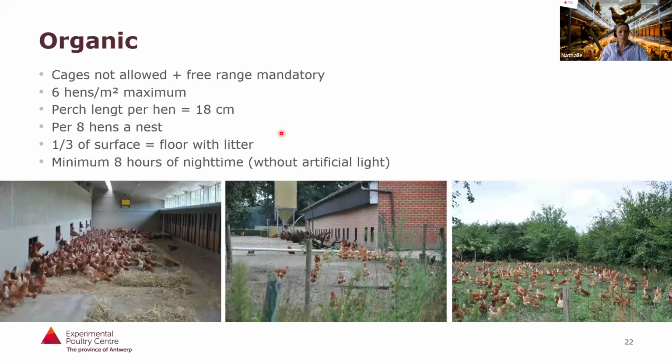Then in Europe, you also have, well, it's not the majority, but it's still also important, the organic part. These are additional requirements, but also here very different needs depending on the region, depending on the country. But in general, it is fewer hens per square meter, and there are also requirements on the outdoor area. So this is, for example, a field